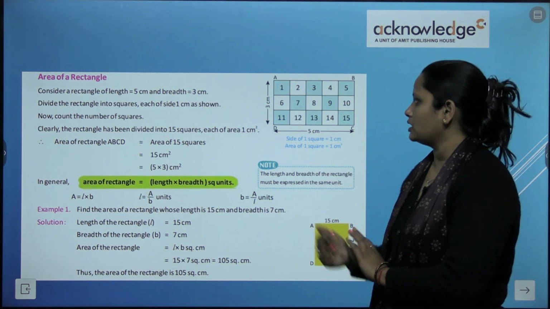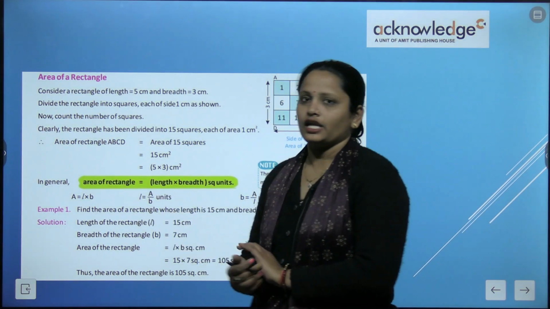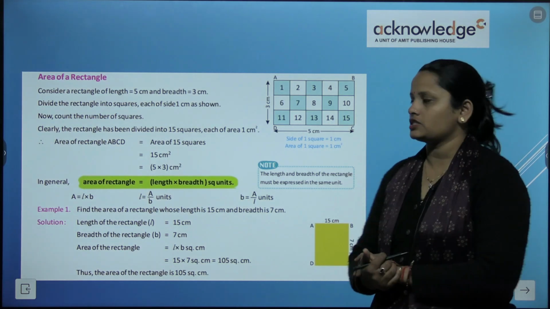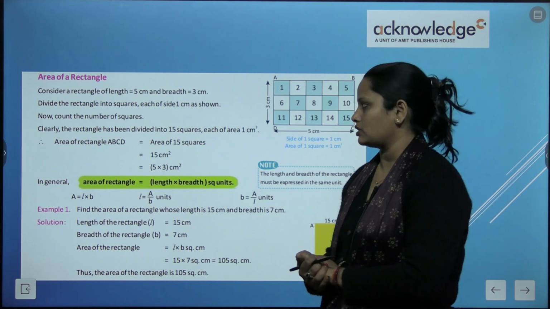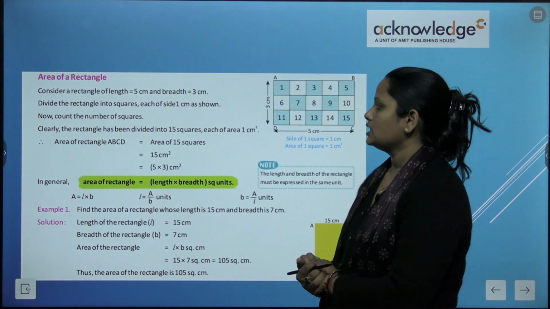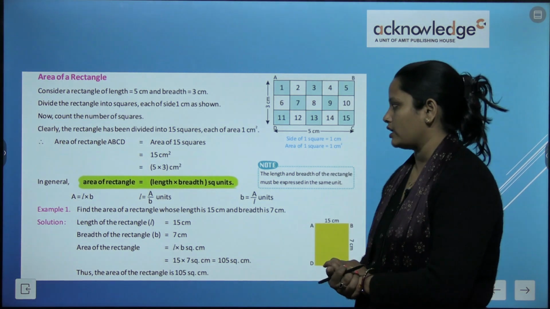We can see that the rectangle has been divided into 15 squares, and each square is 1 centimeter. So here the area of the rectangle is the area of 15 squares, which is 15 centimeters square,